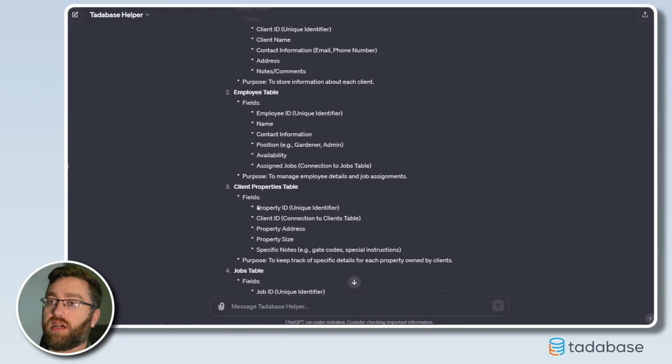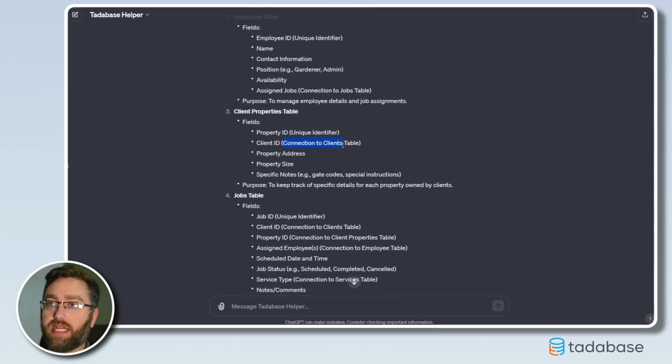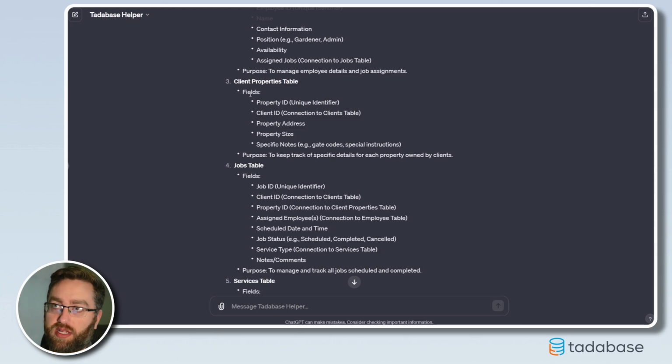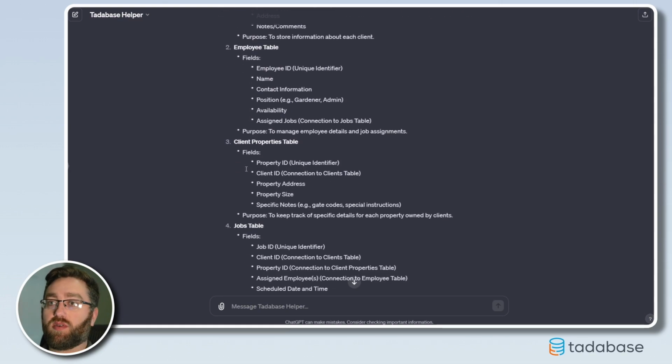Let's jump back into these other tables because now things are going to start to get a little bit more complex because we're adding connections here. But we'll take just a moment to describe what's going on. So we have a client properties table, and this is good because a client might have multiple properties. So if you are managing a lawn care service, let's say you pick up a commercial client that has multiple business properties, then we're going to have that client stored in the clients table. And then we're going to have multiple properties for that client listed in the client properties table. We'll be able to link those properties to a client with ease by using a connection field. So we can say this property belongs to this client and repeat that throughout each record that we add to